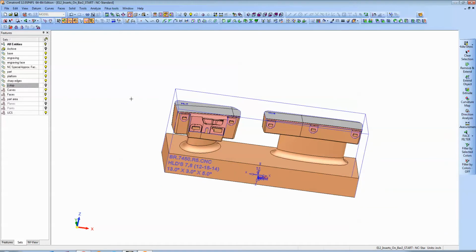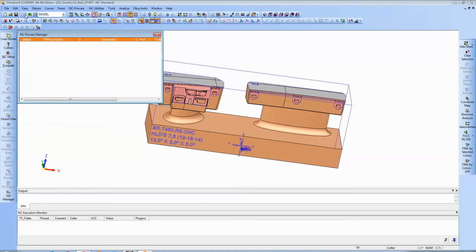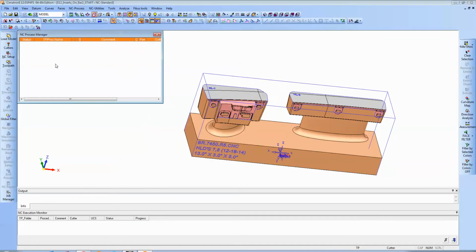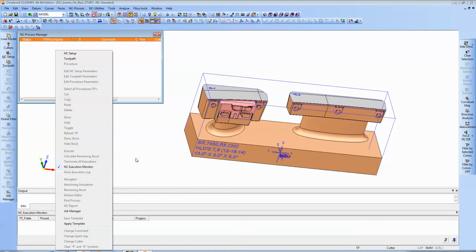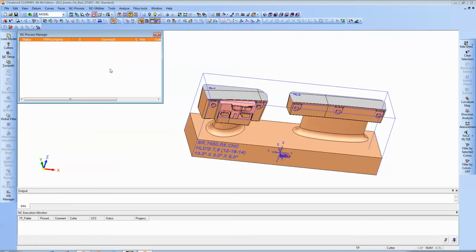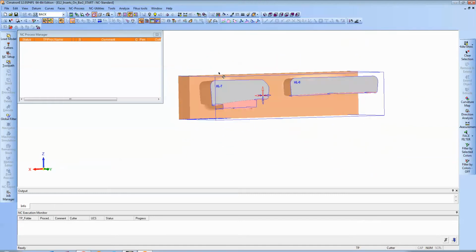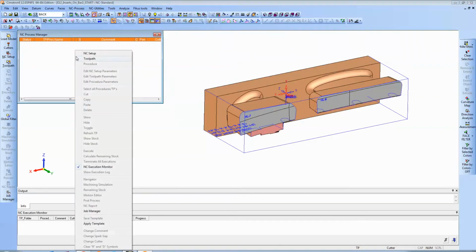Okay, so I think everything is ready in order to add the template. So we're going to go to the NC side, and we're going to choose Apply Template. Actually, before we do that, we want to make sure what UCS is active, because the UCS that's active is going to get attached to the incoming template. So setup number 1 is going to be the back side, and I'm going to choose Apply Template,